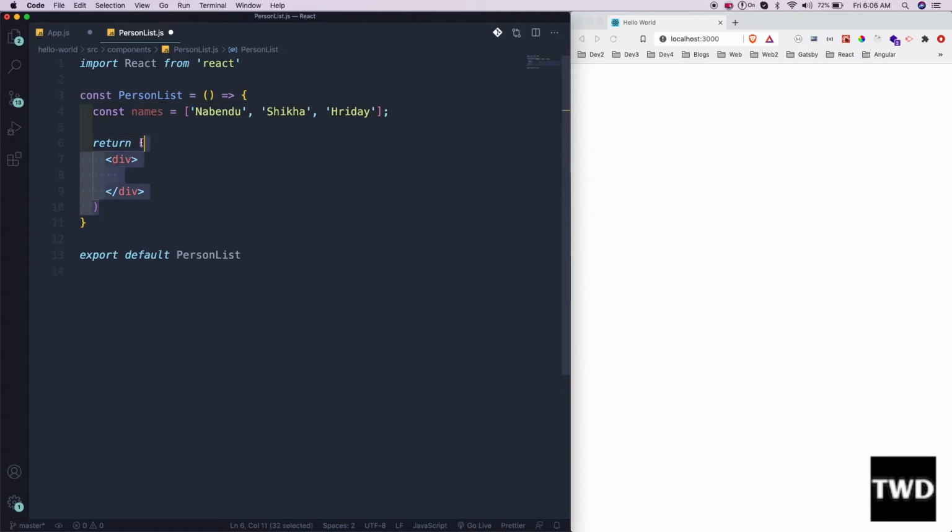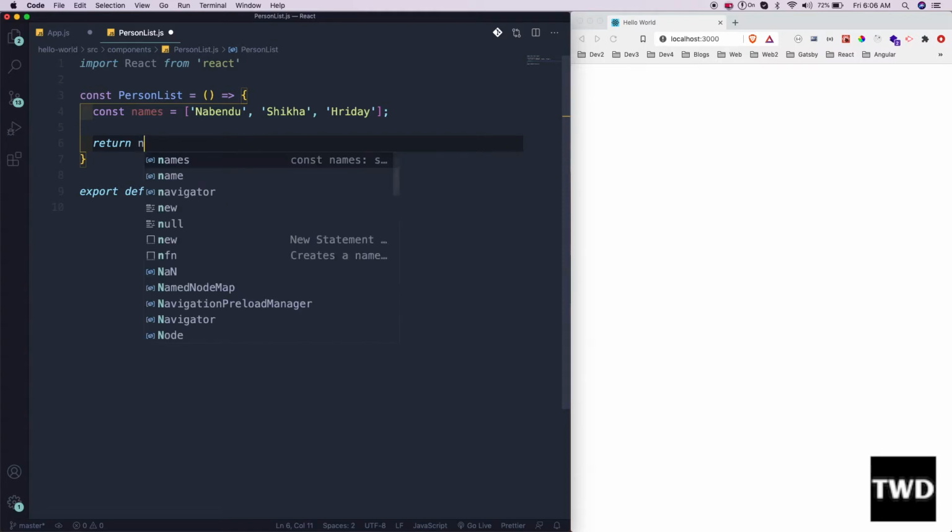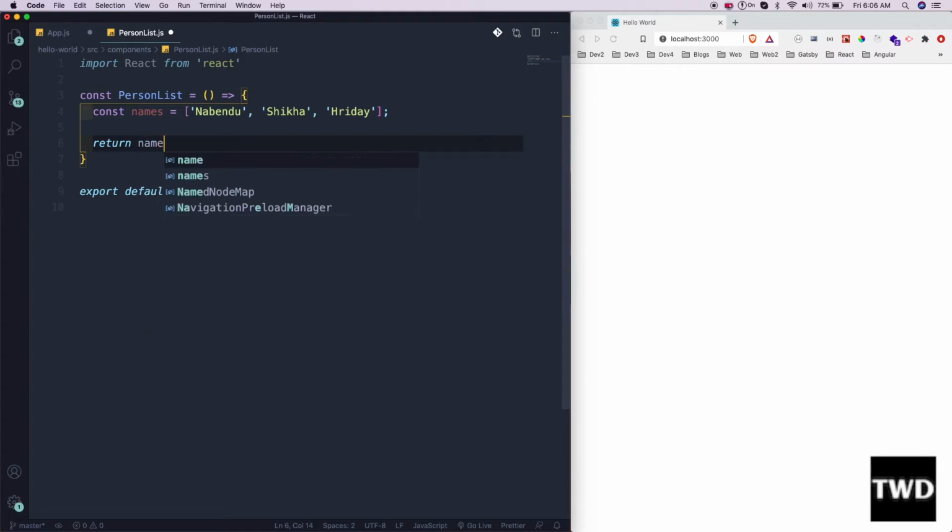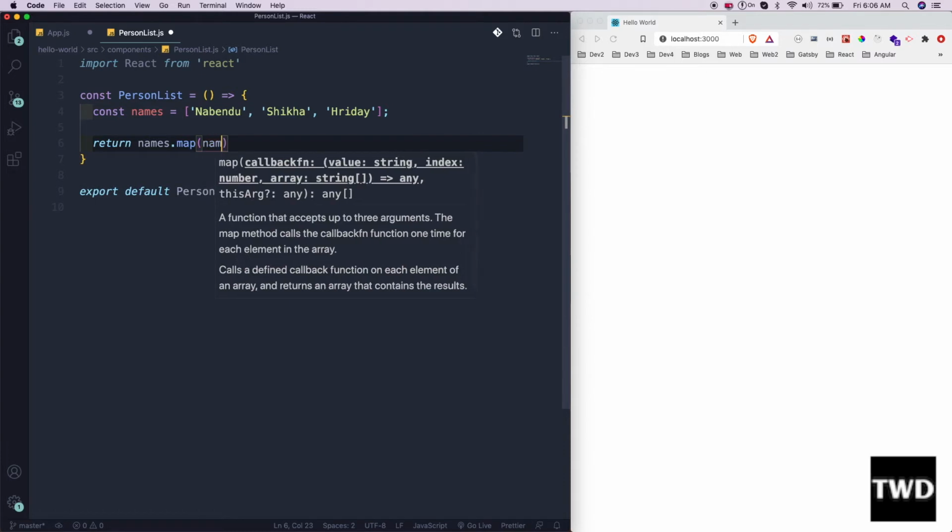It's a single statement, so I will not use curly braces. In a single line we can write it if we have a single statement. So what I need to do is names dot map. In React we use a lot of ES6 functions, so I will suggest going through my ES6 course. I will give a link in the description also. Map and filter we use a lot in React. So names.map, I am mapping through it, and then name